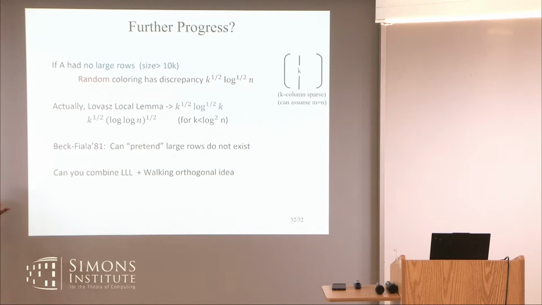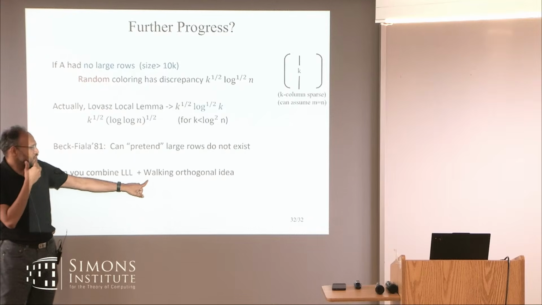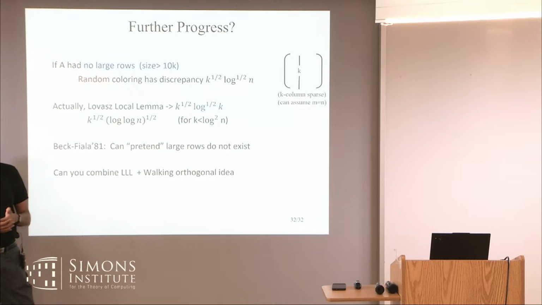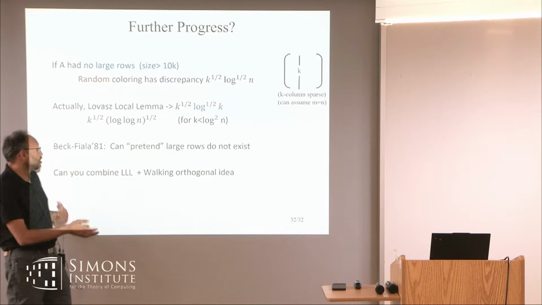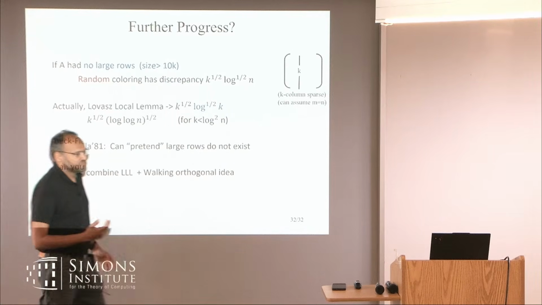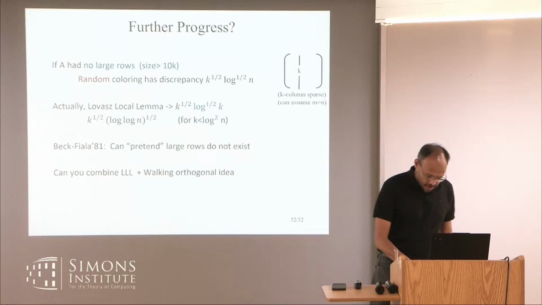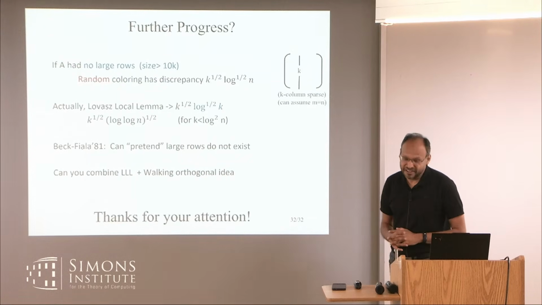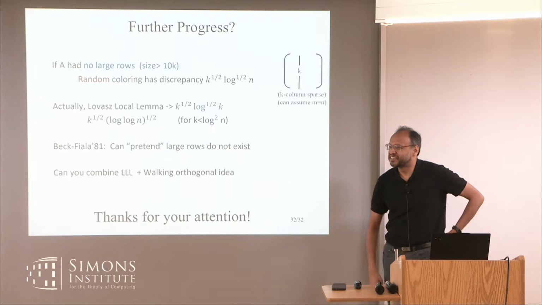The problem is, there are various algorithmic techniques for LLL, Moser-Tardos, and even going back, but I don't quite know how to combine them with this orthogonal idea, to walk orthogonal to big rows, because they are actually there. If they were not there, we could do this. So I have to make them disappear somehow. The only idea to make them disappear is orthogonality, and I don't know how to combine existing approaches. But it feels like morally there should be a way, and this probably should have more applications beyond this particular problem. Okay, so let me end here, and thank you, Avrim, again for everything, and thanks everybody for your attention.